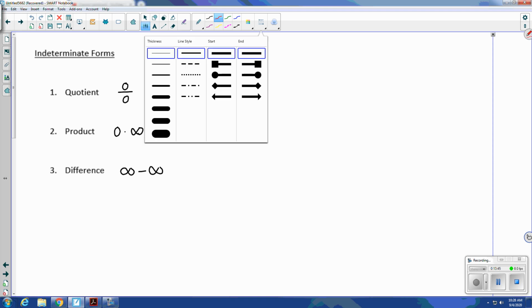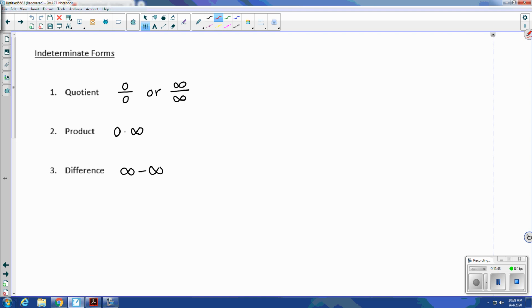But the others I want to take a closer look at so you know how to deal with them as well. There are more indeterminate forms than what I have listed here, but these are the primary ones that you will come across. So first, let's take a look at this infinity over infinity and how you deal with that. So I'll write an example here. Let's say we have